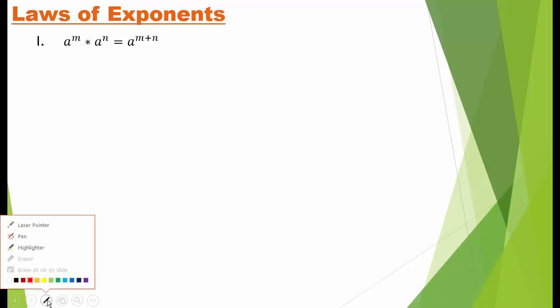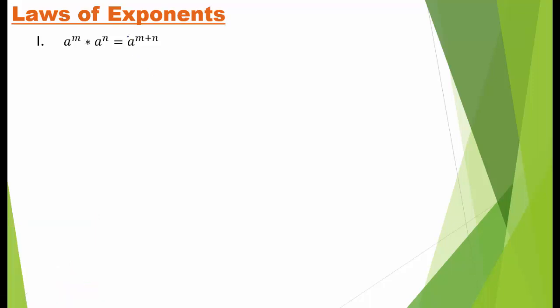And today we will start laws of exponents. Our first law said that if two numbers whose base is same and power is different and they are in multiplication, then the power will add. Means a raised to power m into a raised to power n, here base is same, that is a, the power will be added, that is m plus n, and base will remain same.